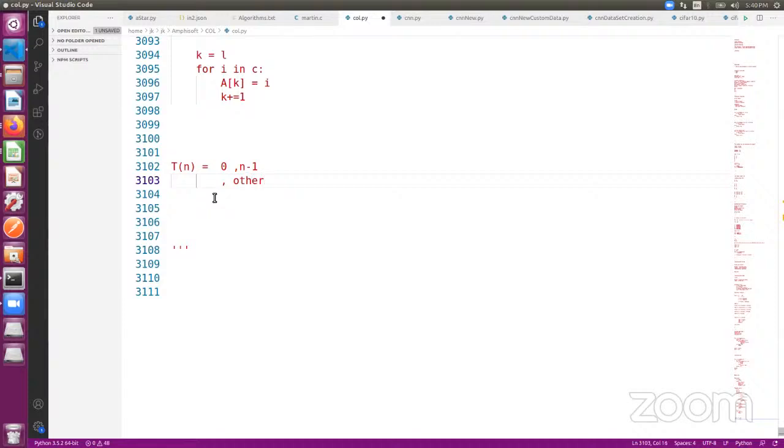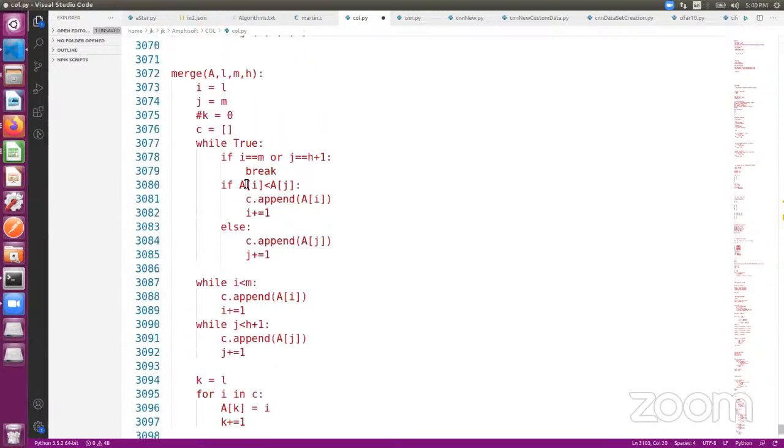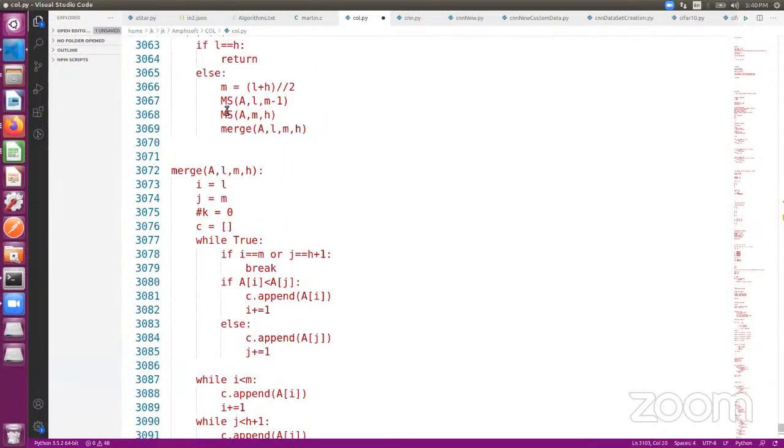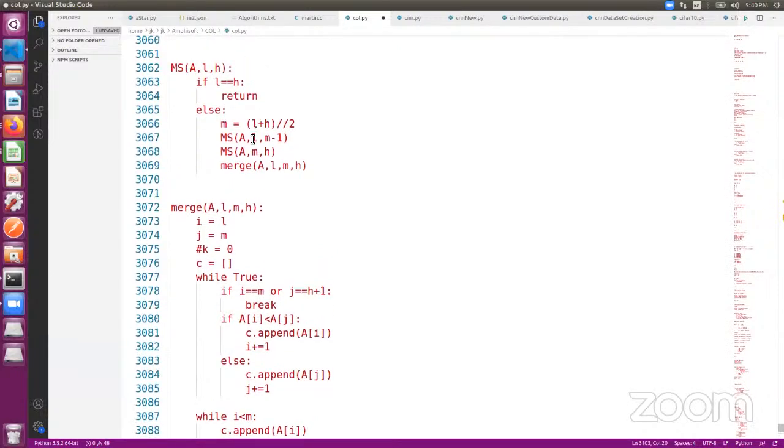So sorry, we have to call the recursive calls and then do the merge function. Now we have two recursive calls, right? These two recursive calls will take half of the elements. If the time taken to solve n elements is T(n), the time taken to solve n by 2 elements would be T(n/2). So this function takes T(n/2) and this function takes another T(n/2). So total